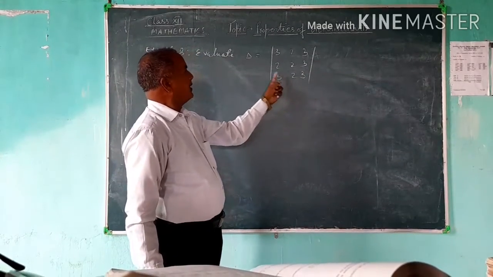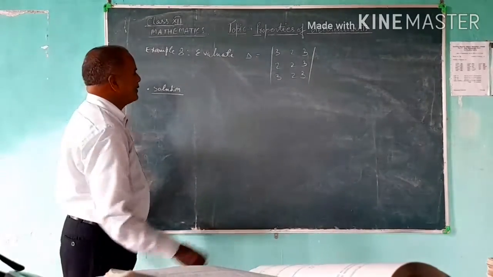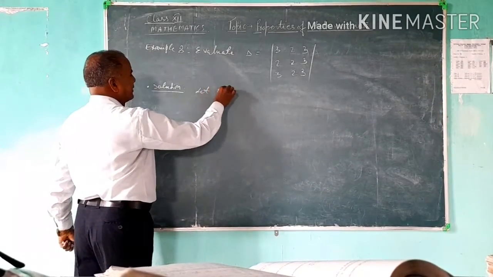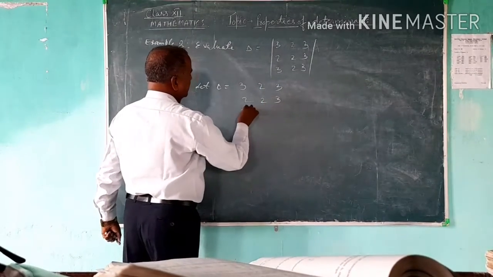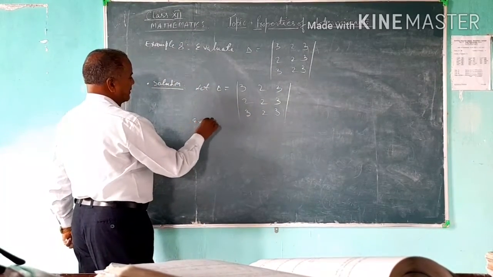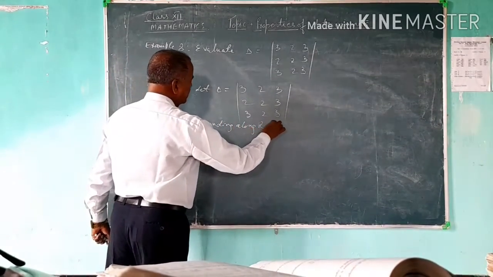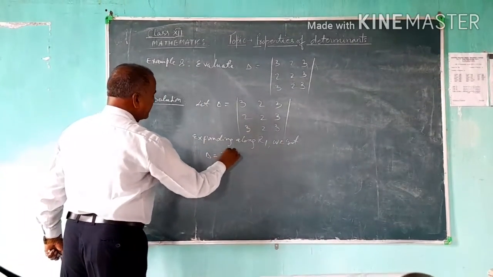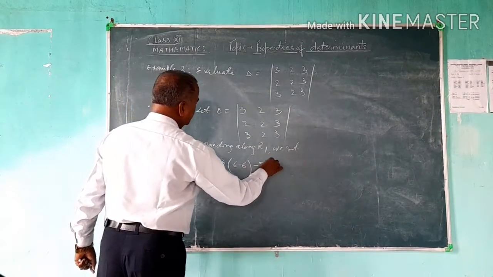And in the example 3 2 3, we see that R1 and R3 are identical, so its value must be 0. So for this, let us verify it. Let delta be equal to 3 2 3, 2 3 2, 3 2 3. Expanding along R1, we get delta is equal to 3 into (6 minus 6) minus 2 into